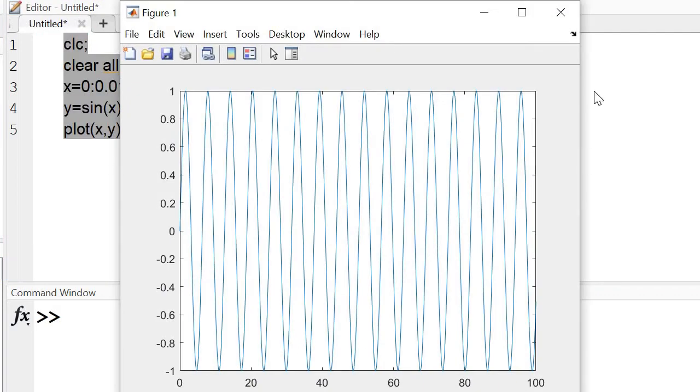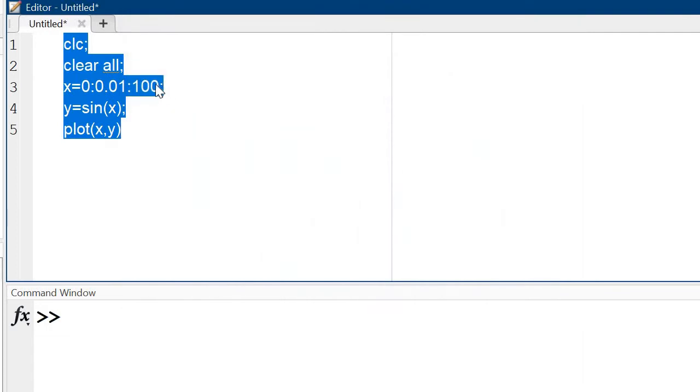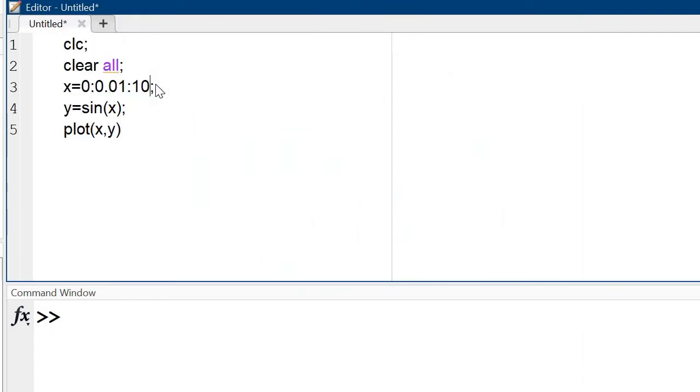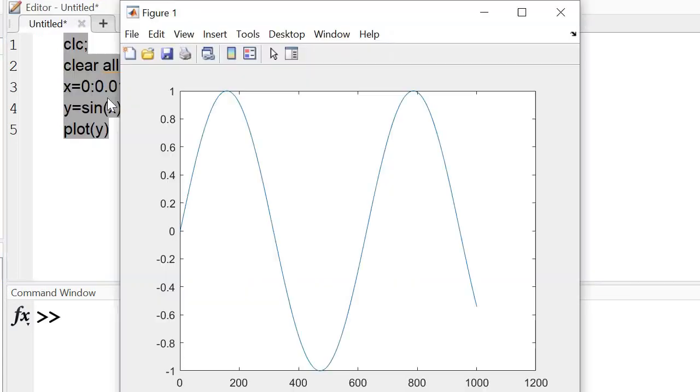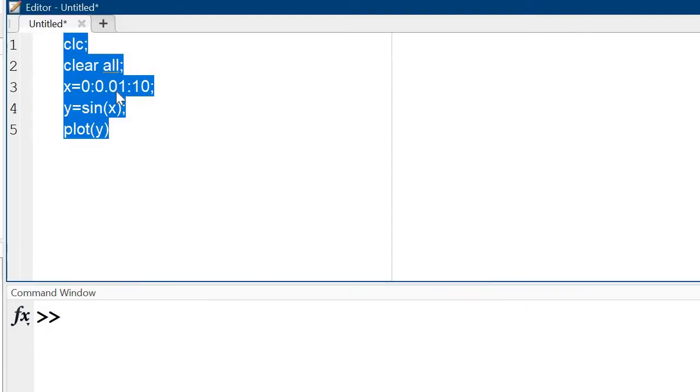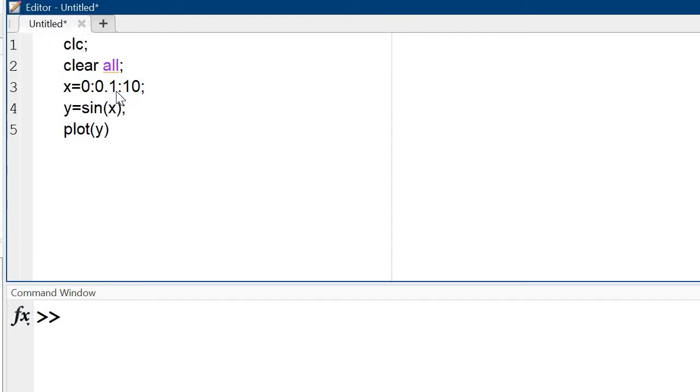So I am taking 10 only. In the plot command I can also take it like plot y. This is our plot. So this is good when it is 0.1.